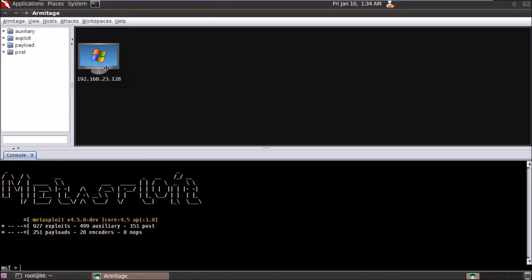In the previous session of Metasploit, I told you that you can obtain the IP address of any device connected in your network. This is how you do it. Just type in Armitage, and the first and foremost step, it gives you the list of devices connected to your network along with the IP address. If you want, I'll show you.